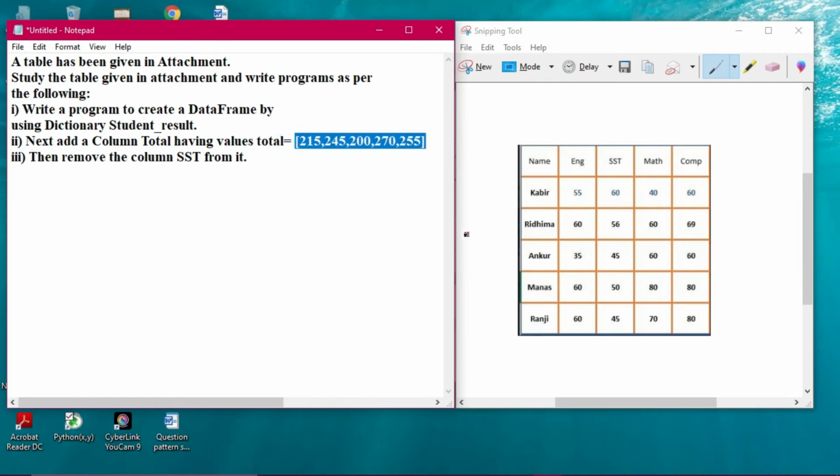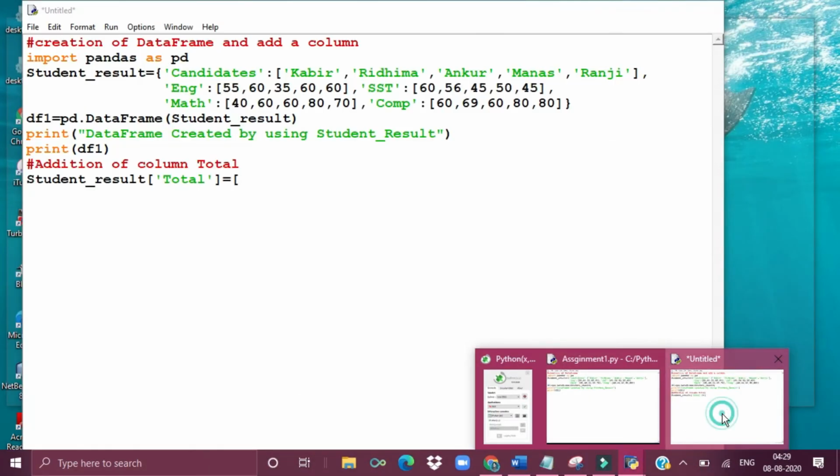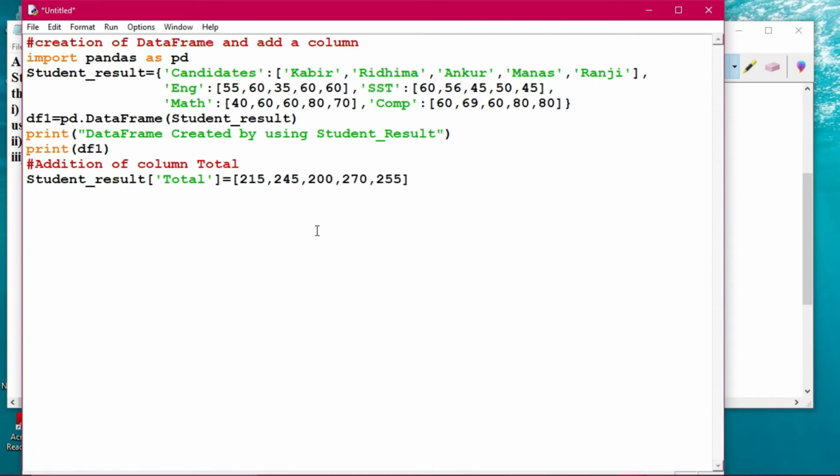This is a text document, no problem, but from the image we cannot copy. So that is why. Now we are adding the things, and I'm adding the values out here. It has been nicely added over there. That has been student_result. No extra comment has to be given. You have to give only the name of the dictionary where you want to add the key and value pairs. These are the value pairs and this is the key. Total is the key and these are the value pairs.